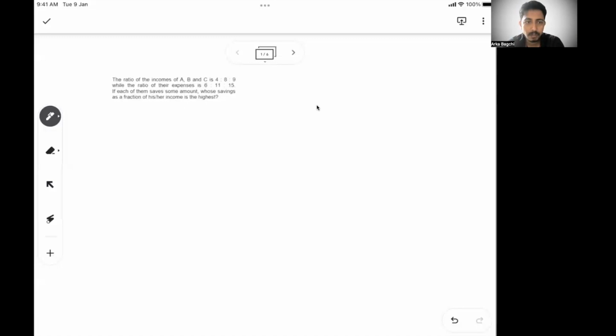If you see, the problem talks about three persons A, B, C whose income ratios are given and the expense ratios are given. They said each of them saves some amount. But what is that amount is not given. What is the percentage of that amount is also not given. They just save some amount, and whose saving as a fraction of his or her income will be the highest. So if we start, we know that